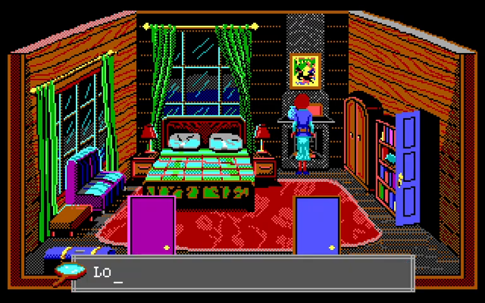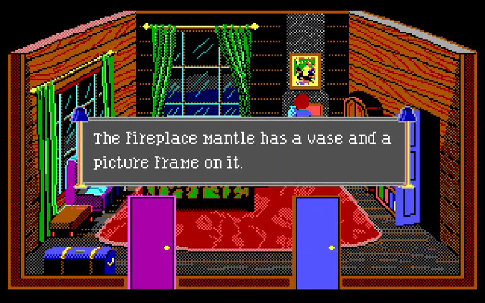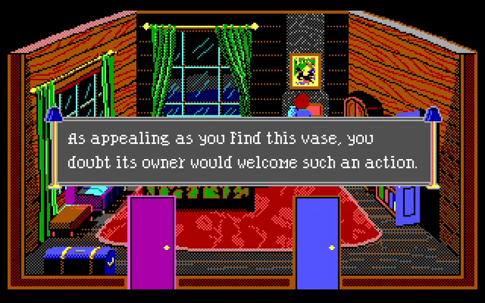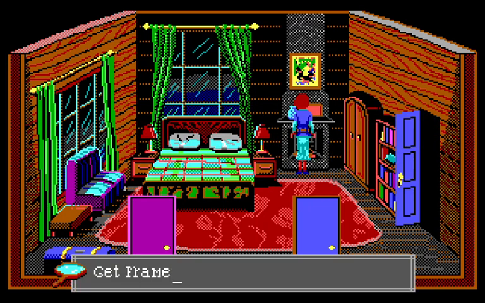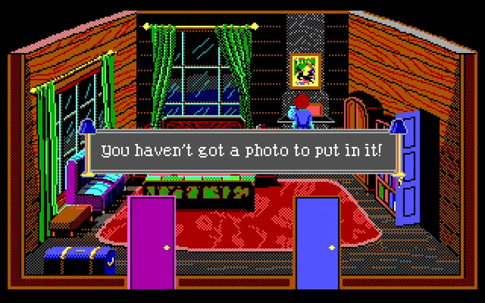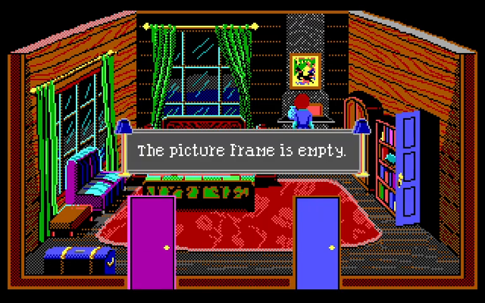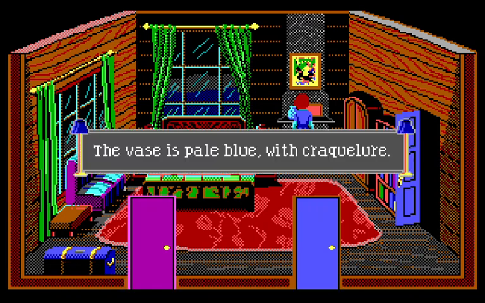Let's take a look at this fireplace mantle. What's on it? It has a vase and a picture frame on it. Can we get the vase? As appealing as you find this vase, you'd already someone would welcome such an action. That's true. Can we get the picture frame? You haven't got a photo to put in it. Well, we can get one. Get the frame first. The picture frame is empty, and the vase is pale blue with...